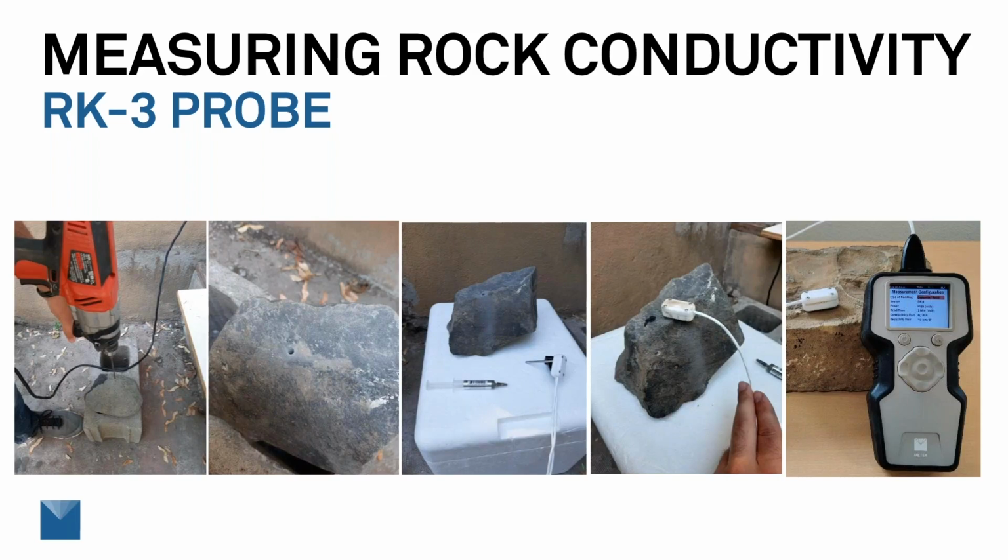The grease is used both to coat the needle and to fill the hole. In the fourth panel, the probe is shown in the rock, ready for the measurement. It's connected to the Tempos handheld reader in the fifth panel, and a reading is shown on the screen. The reading is made by monitoring the temperature of the probe while heat is applied to a heater inside the